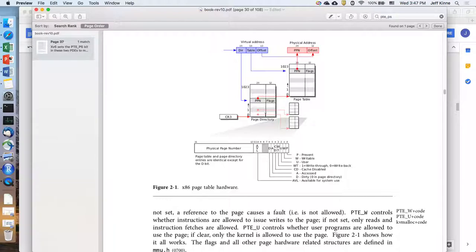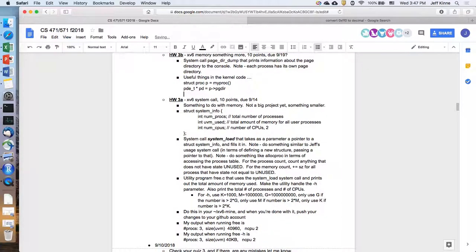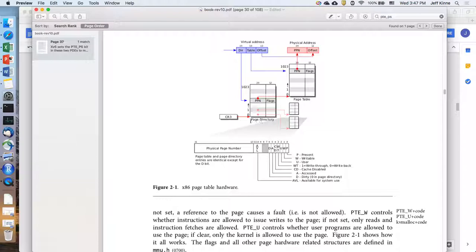There's this thing that is a table. In C, we don't have tables. We have structure, array. So the page directory is really an array. So once you have the address to the beginning of the page directory, I could say something like PD[12]. That's the 12th, row 12 in the page directory. Okay, so first you need to get the address of where the page directory is, and then